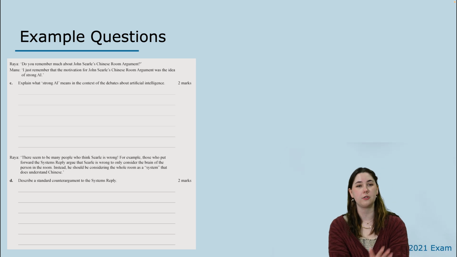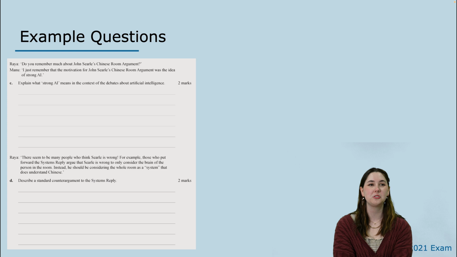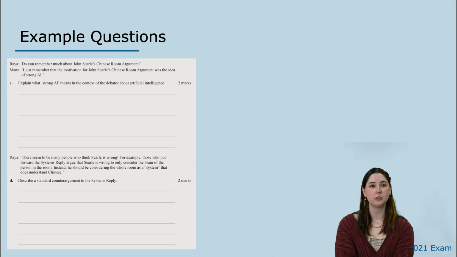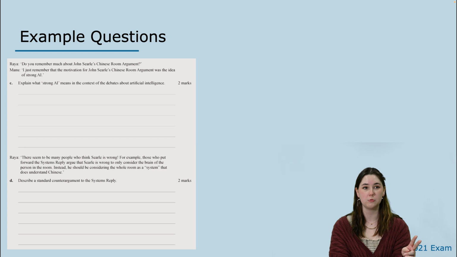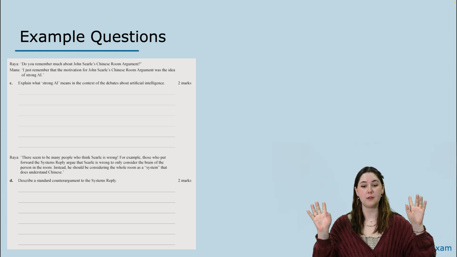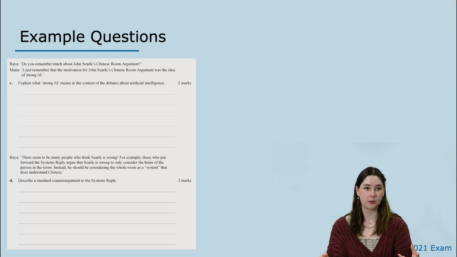So our other question is also very similar. Again, you're expecting a lot of questions where there are going to be 2 students arguing back and forth about the Chinese room. The first one in part C here is asking about strong AI in the context of artificial intelligence. So we're just defining strong AI. We've got 2 marks here, and then our other is 2 marks, and this is a counter argument to the systems reply. We remember the systems reply, which it describes a bit here, is about the system being a whole. And if we remember, the response to that is if the man was able to memorize the entire book.